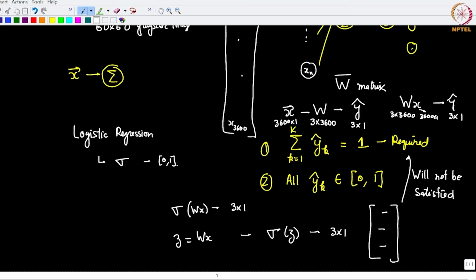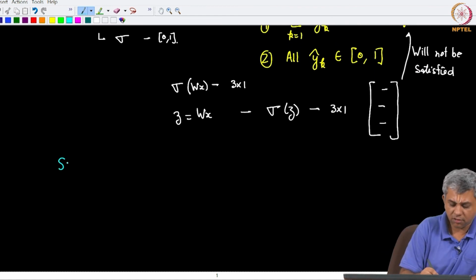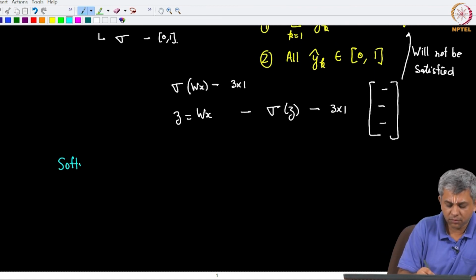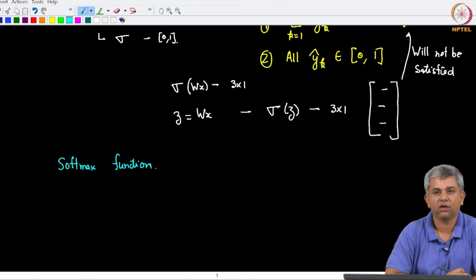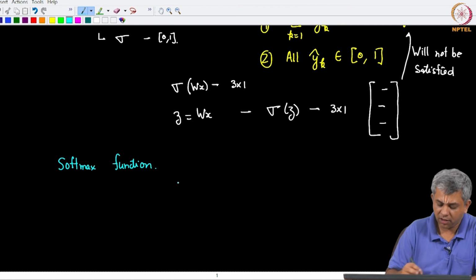So, what do we do? We use a simple function called the softmax function. The softmax function works in a very simple way.